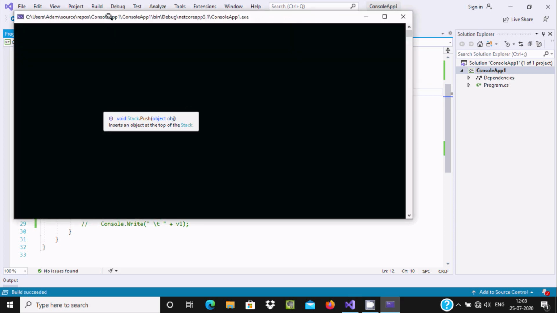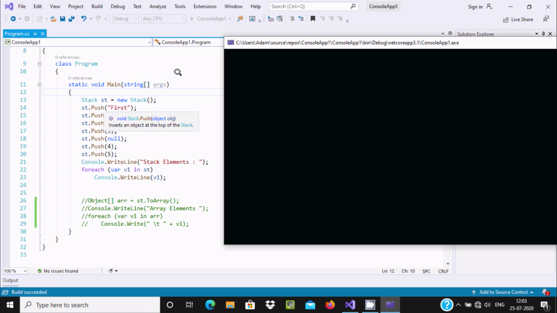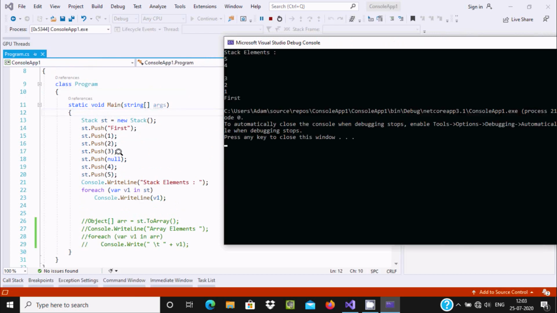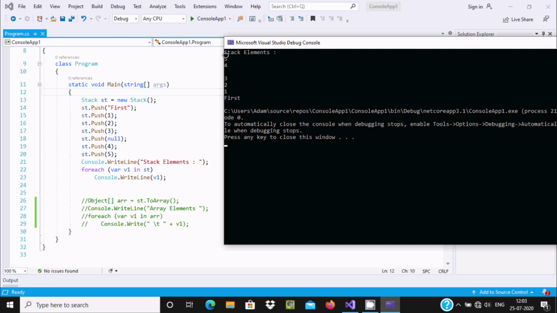Inside a stack in C#.NET we can store different data types, such as an integer here, a string here, and null here. So we can insert different elements. In the null place it stores blank. So these are the elements inserted inside the stack.